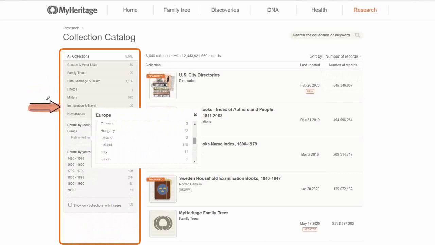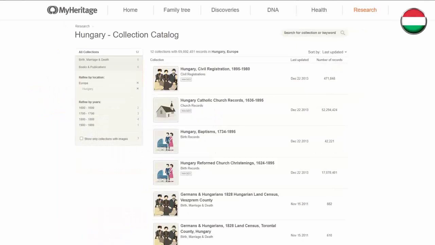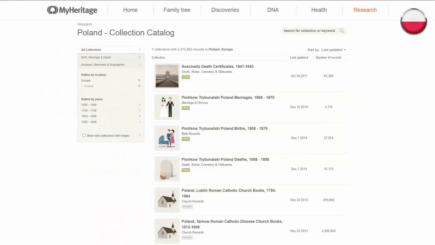You will be able to see how many collections we have, and probably the most common countries are going to be Hungary, especially, well, actually for Ashkenazi Jews, but you can search in all the collections that are related to Hungary, or maybe Poland, and you can start seeing there a few of the specific Jewish collections that we have. And in Poland, for example, we have a very nice collection of Auschwitz death certificates, very important for Jewish research,